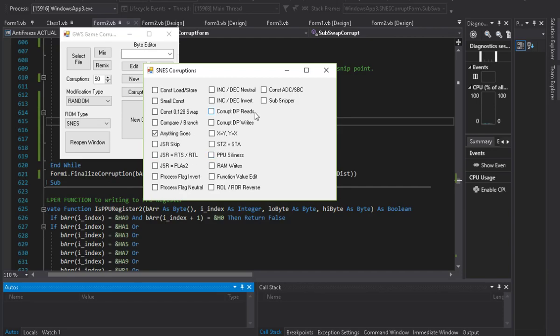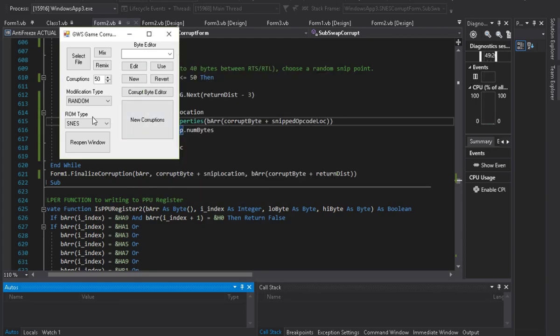I should actually just call this spray and pray, because all this does is it takes the byte array of the file, chooses X amount of bytes to edit. The bytes are determined by the number of corruptions here, and then it saves it to the copied file, not the original file, but the copied. So we'll go ahead and do this, and we're going to use 200, because this is a fairly high number of corruptions normally, and we're going to see how this runs